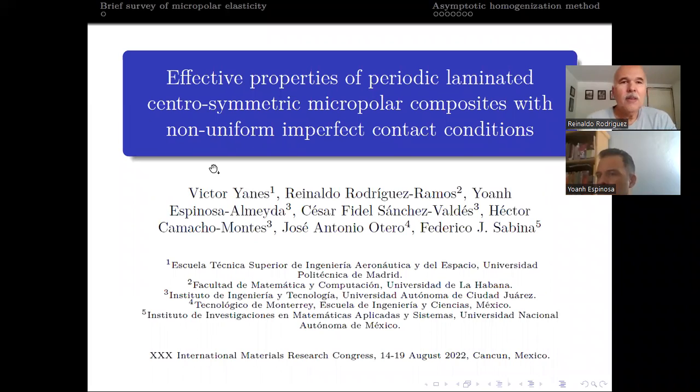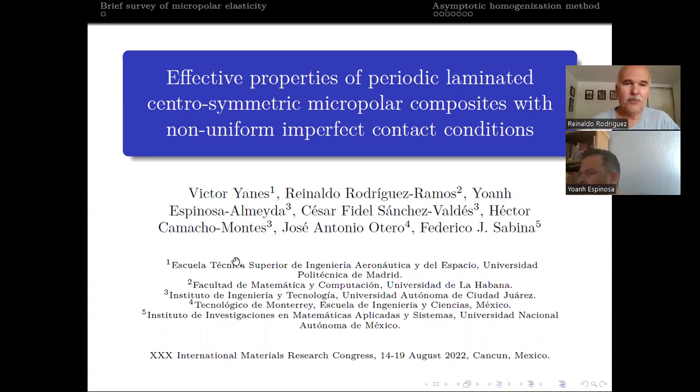Good afternoon. Today, I would like to talk about the effective property of periodic laminated centrosymmetric micropolar composite with non-uniform imperfect contact conditions. It is a joint work together with Professor Victor Llanes from Polytechnical of Madrid, Joan Espinosa, Cesar Sanchez,